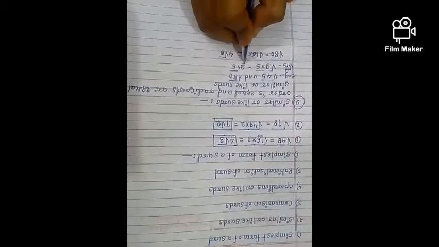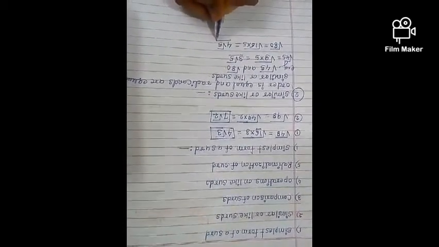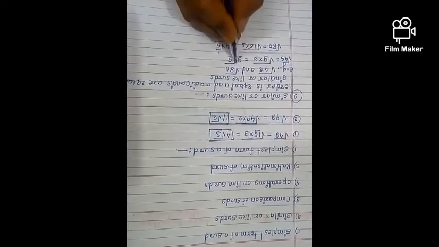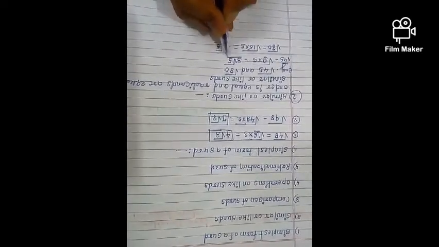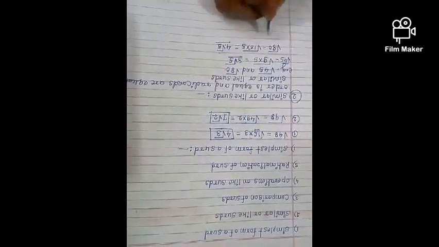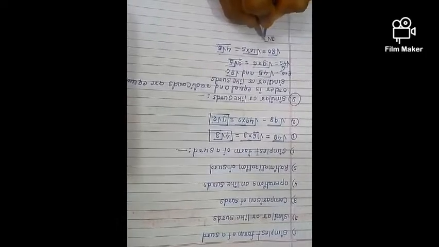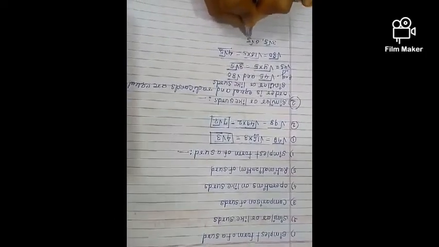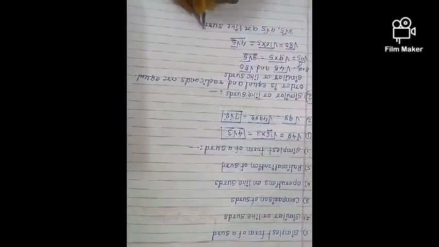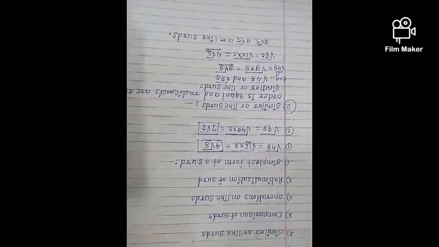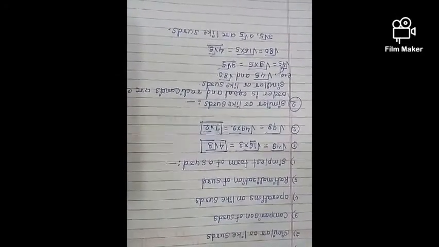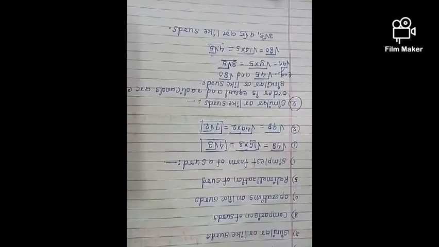So see here, 3 root 5 and 4 root 5. Here the order is the same. The order is 2. And the radicands are also the same. So these are like surds. 3 root 5 and 4 root 5 are like surds. I hope students all of you understood the simplest form of surd and similar or like surds. Thank you. Have a nice day.